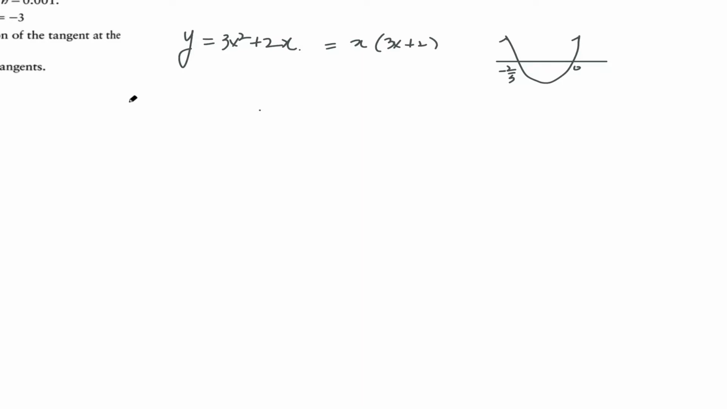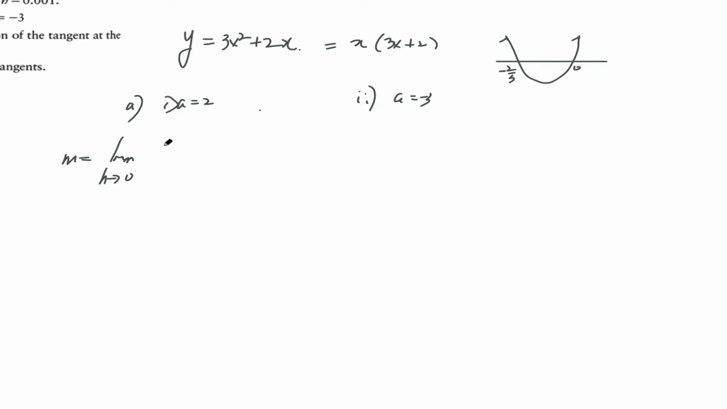We want to find the instantaneous rates of change when a is equal to 2, right? And a is equal to negative 3. So first of all, the slope of the tangent is the limit